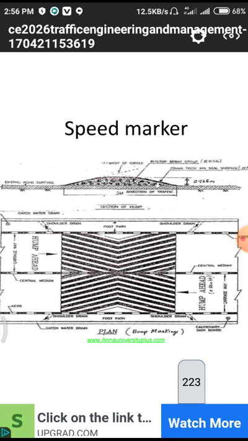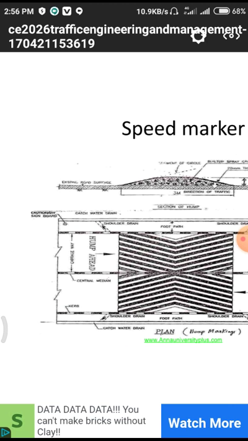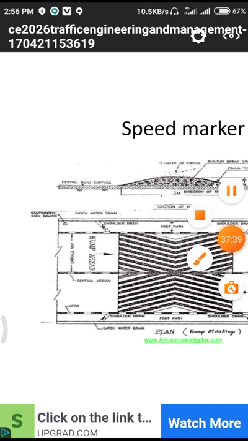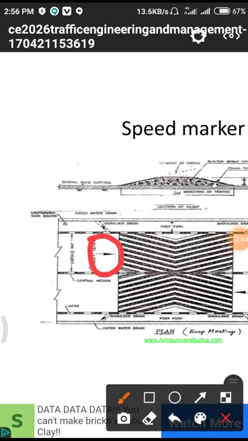Here particularly they mentioned the central portion of the road. In the central portion of the road they are having a proper channel. The channel will divert one way and another way, so that they are indicating with the proper symbol. Here we are having a symbol. The symbol represents hump ahead.